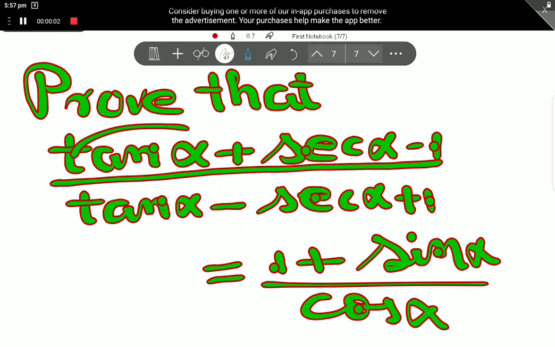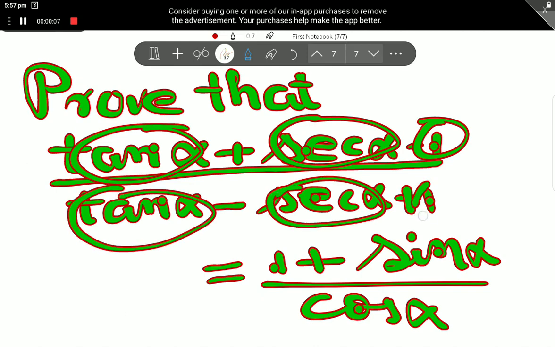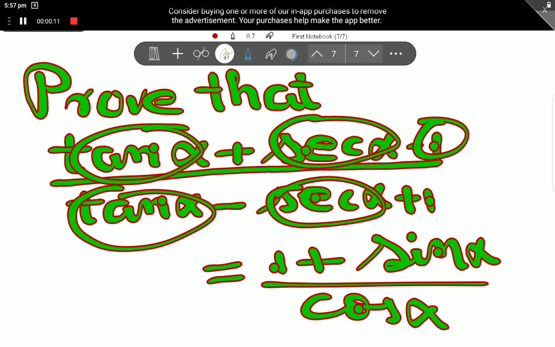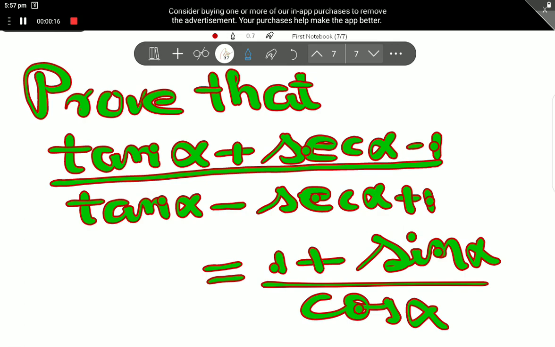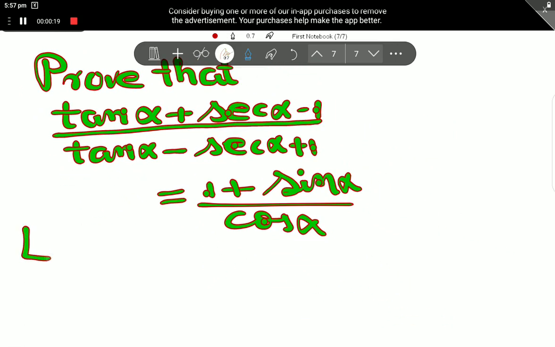Let us prove that (tan alpha + sec alpha - 1) divided by (tan alpha - sec alpha + 1) is equal to (1 + sin alpha) by cos alpha. We want to prove this identity. For that purpose, let's write LHS equal to